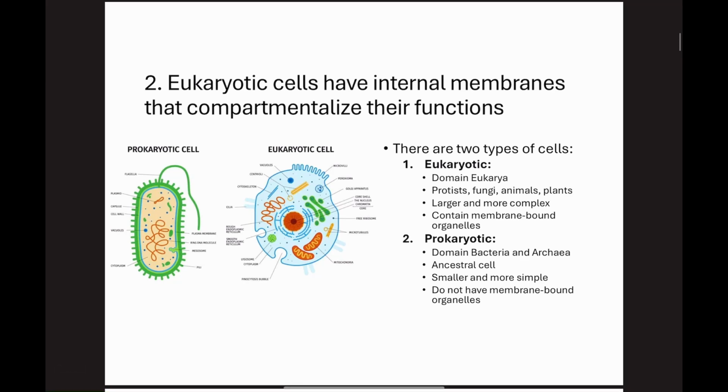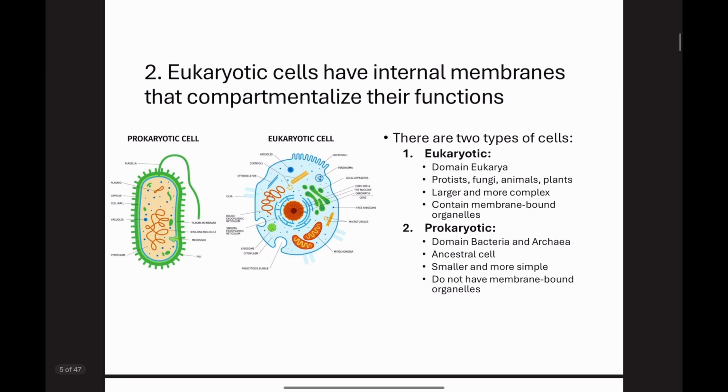So eukaryotic cells have internal membranes that compartmentalize their functions, which is going to allow for greater efficiency and complexity in their cellular processes. Our eukaryotic cells evolved from prokaryotic cells, and then they developed specialized structures known as membrane-bound organelles. So we do have differences between our eukaryotes and our prokaryotic cells. Our eukaryotes belong to domain Eukarya, which includes our protists, fungi, animals, and plants. Our eukaryotes are larger and more complex, and they contain these so important membrane-bound organelles like the nucleus, mitochondria, and